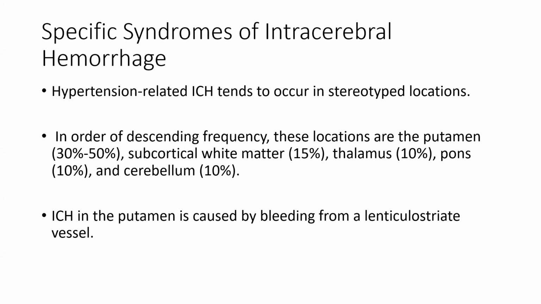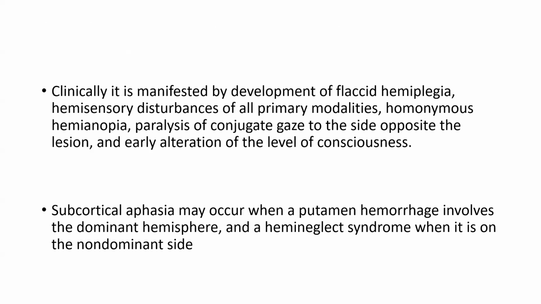ICH in the putamen is caused by the bleeding from the lenticulostriate vessels. Clinically, it is manifested by the development of flaccid hemiplegia, hemisensory disturbance of all primary modalities, homonymous hemianopia, paralysis of conjugate gaze to the side opposite to the lesion, and early alteration of the level of consciousness. Subcortical aphasia may occur when putamen hemorrhage involves the dominant hemisphere and hemineglect syndrome when it is on the non-dominant